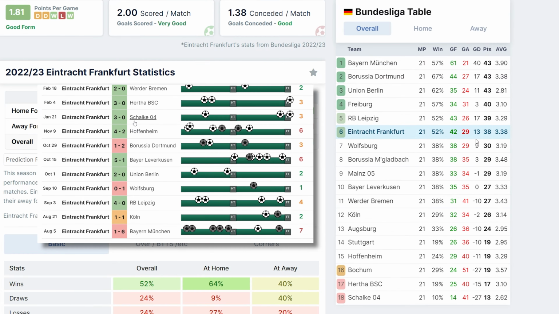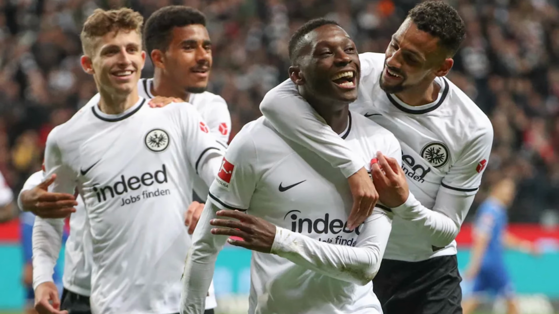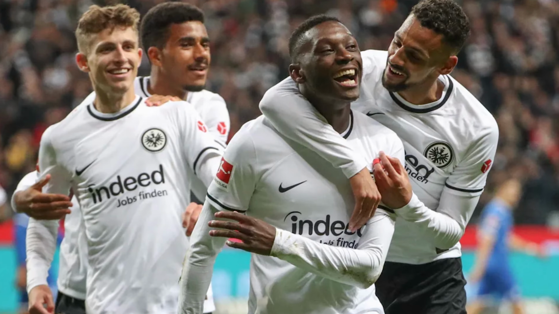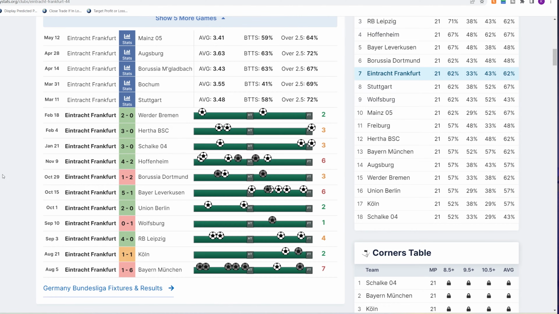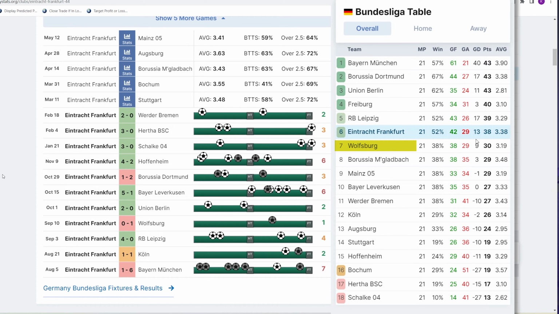In this recent 4-game winning streak, all 4 of the teams were actually below Frankfurt in the league, and 3 of the 4, Schalke, Hertha and Hoffenheim, actually made up the bottom 4 teams of the Bundesliga. So these are all teams you would expect Frankfurt to beat. Even when we take a more general look at the home form across the season, we see that Frankfurt typically struggle against teams above or around them in the league. They lost to Wolfsburg, who are of similar quality, but also lost to high quality teams like Bayern Munich and